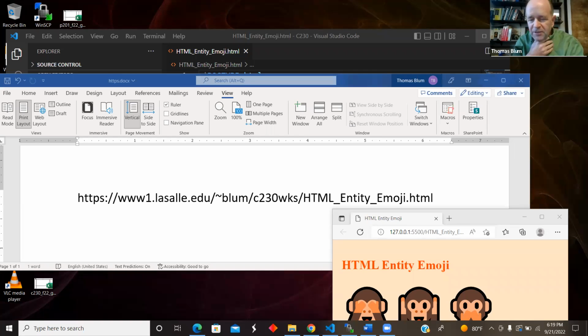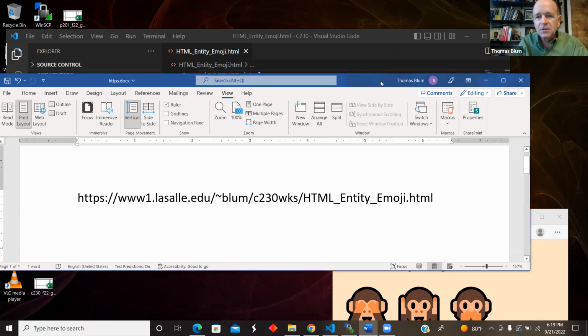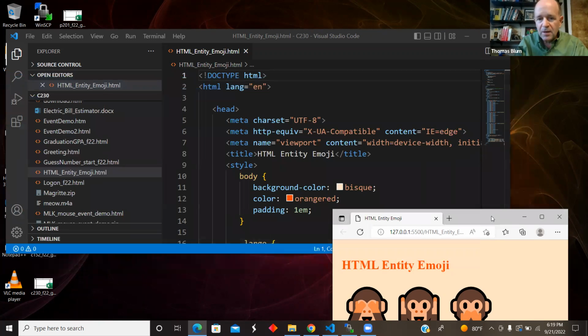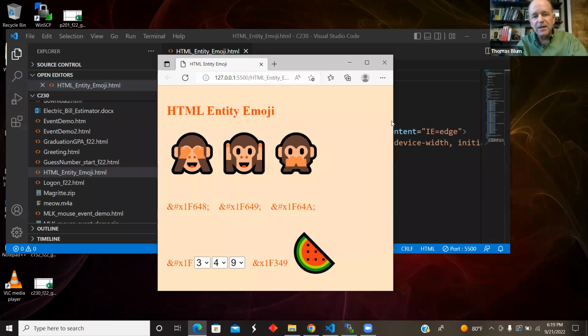In this video, I'd like to just play around a little bit with HTML entities, some of them that are emojis. If you want the code for this page, it can be found at the URL seen right now. And here's this little page, and it's displaying the see no evil, hear no evil, speak no evil,